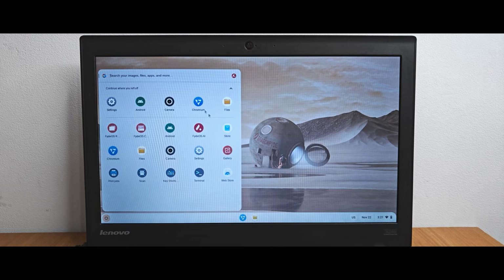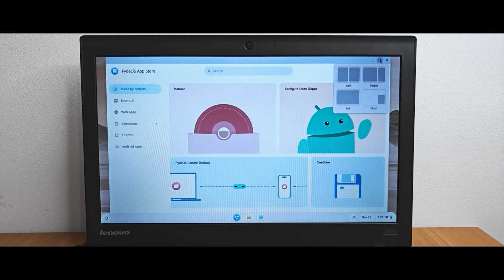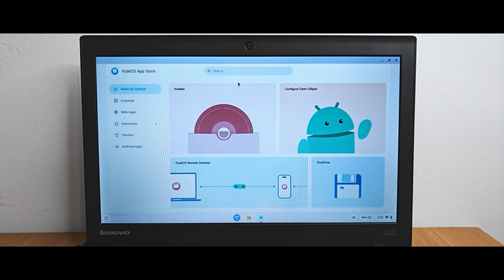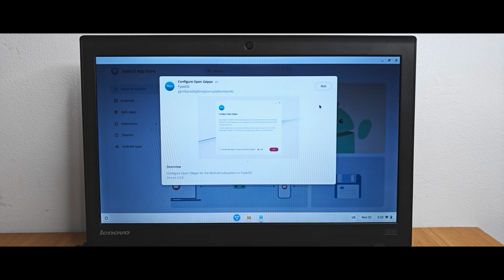Click here. This time we need to click on store. I will open it in full screen. Actually, this is FydeOS App Store, and from this store we need to install one very important application. For this we need to select Made by FydeOS, and you need to select Configure Open GApps. Click on it, select